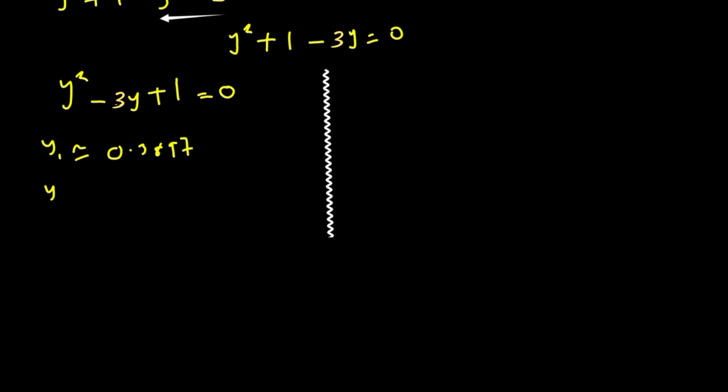we'll find out that y approximately equals 0.3897 and also approximately equals 2.6180. So let's go back to our substitution. We have (3/2)^x equals